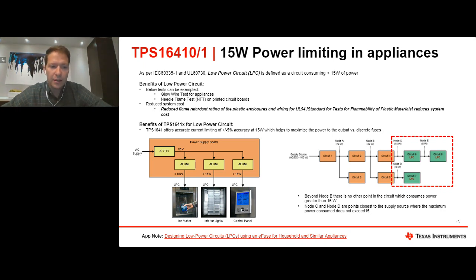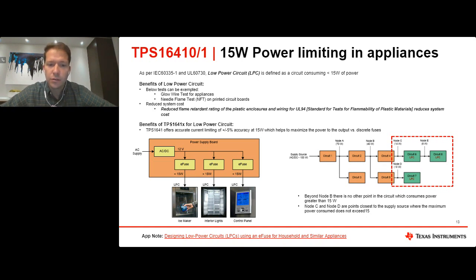So taking a look at the bottom left figure, these are some of the different applications within a refrigerator, which could be considered a low power circuit. The first one is an ice maker. Maybe that's something that could consume less than 15 watts, or maybe interior lighting is another example, or maybe a control panel. So all three of these could be classified as less than 15 watts,